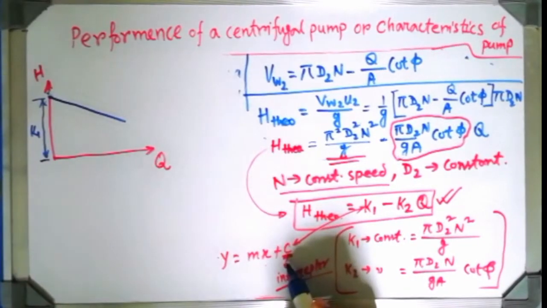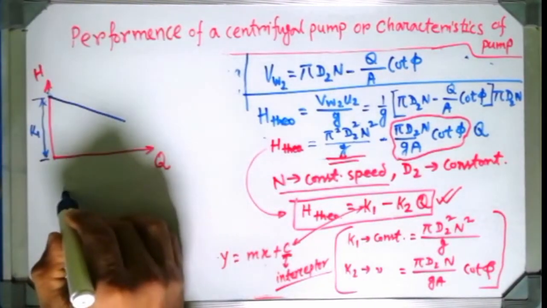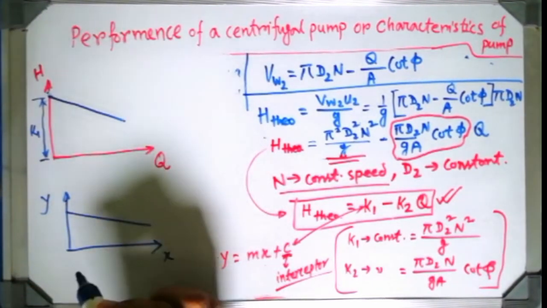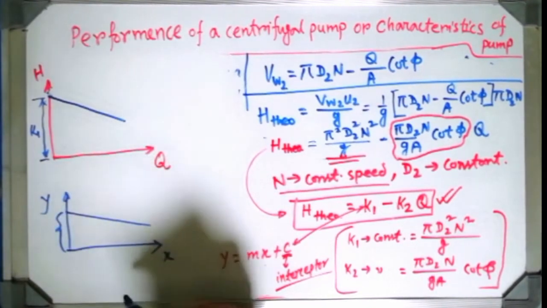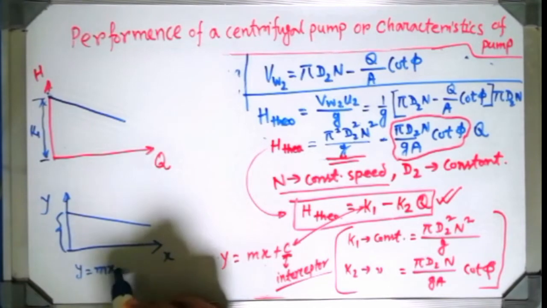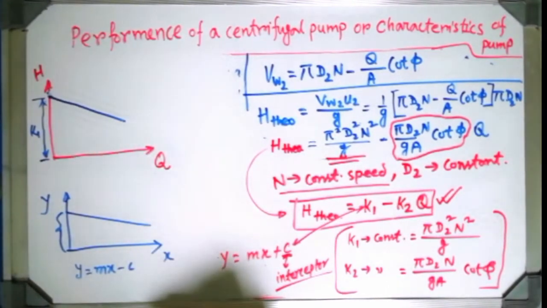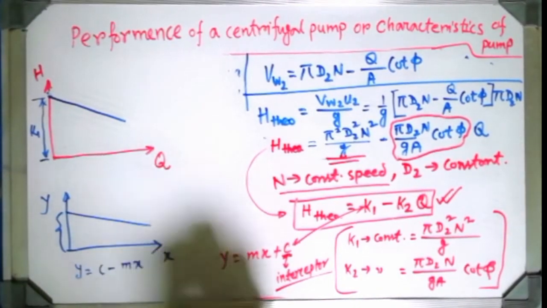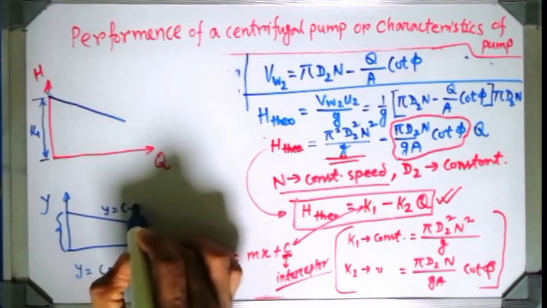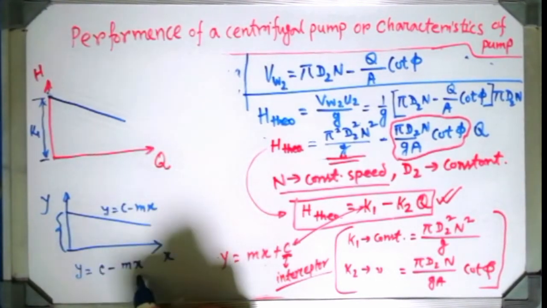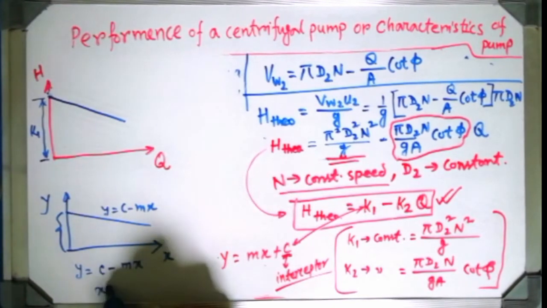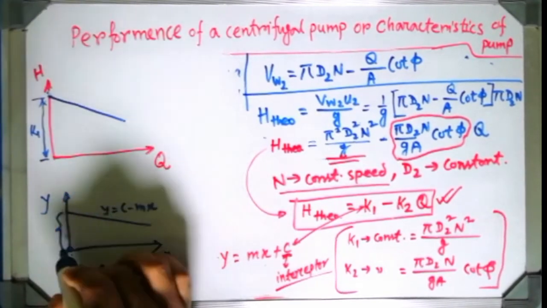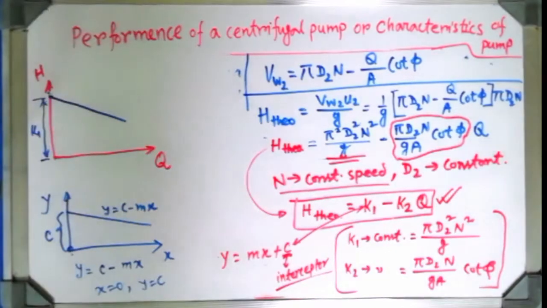This is the c. Do you know how we can plot these curves? If this curve looks like this, then what is this portion? Suppose the straight line equation is y equals mx minus c. Or rather, if I plot it like this, c minus mx, so this curve will look like that. And this c, suppose we consider x equals 0, then y equals c, right? See, this origin is x equals 0. That means this value will be c. Are you getting me or not?